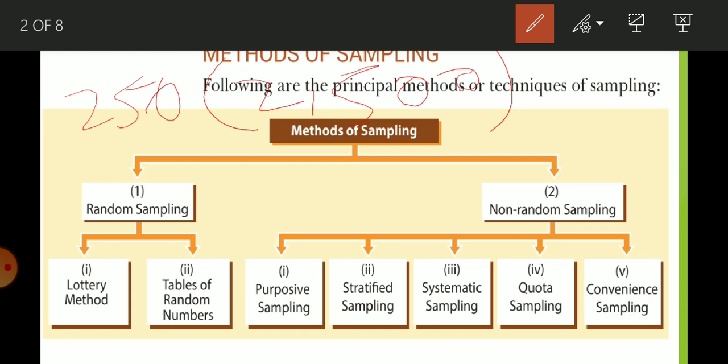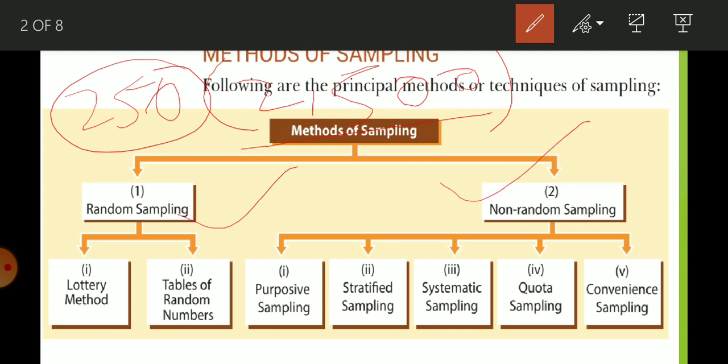Here we are going to understand how many methods are available for selecting 250 students out of 2500. For selecting few representative items, the whole method is basically divided into two parts: random sampling and non-random sampling.